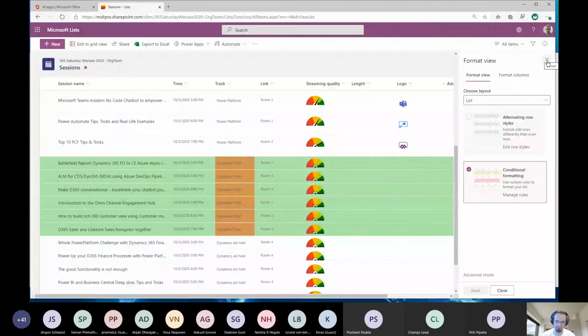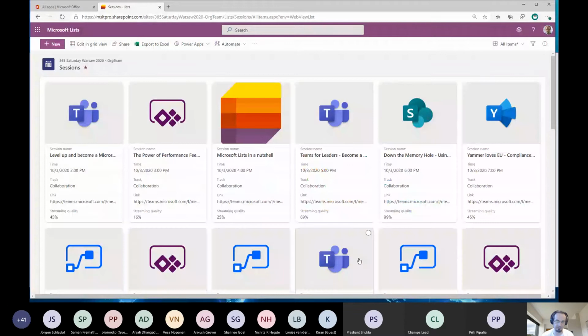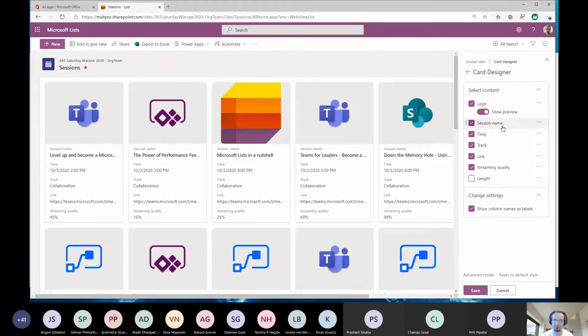But that's not all. If I switch to my gallery view with nice tiles, with nice cards, I can, of course, format this view, and it's really great. We have this card designer here. If I click that, I can select what we will see in each card.